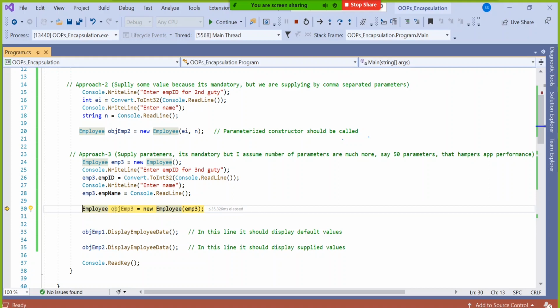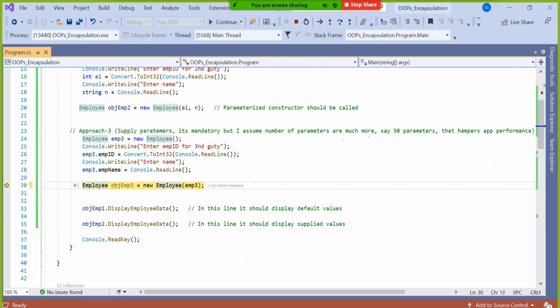If it is comma, comma, then every data will be separately taken and copied, again come back, separately take and copy, again come back, and so on. So 20 data means 20 into 2, 40 times my compiler will go from here to there to here, which is unnecessarily hampering the time. So before jumping to that employee class, why not collect all the data into one object, and that object I will supply as a single parameter.